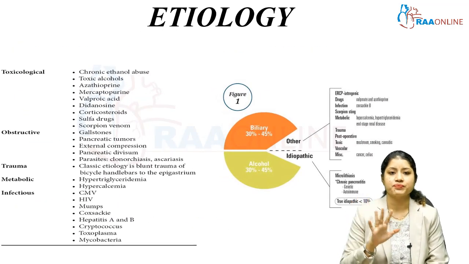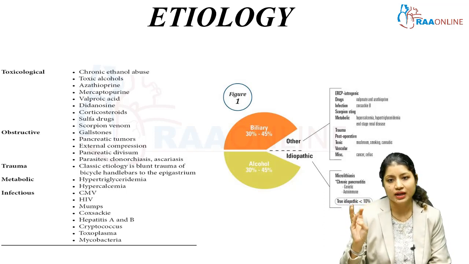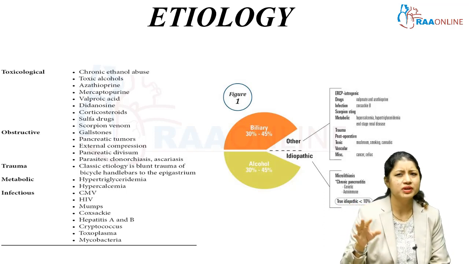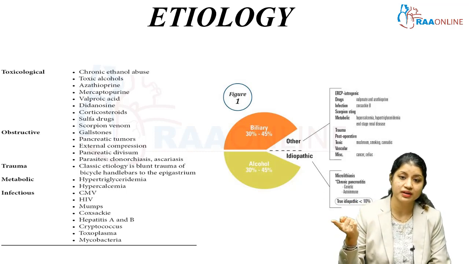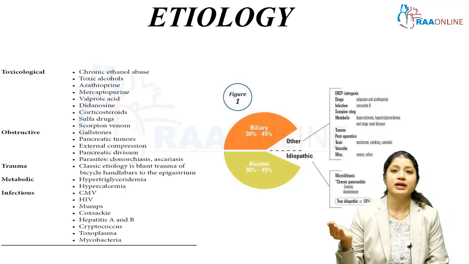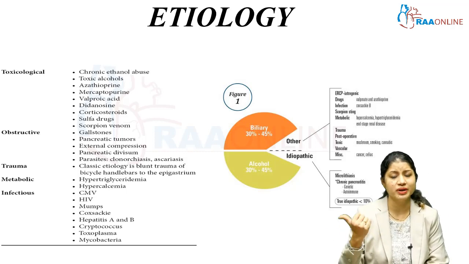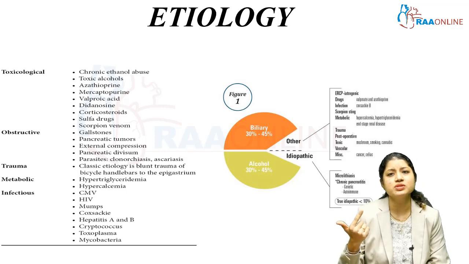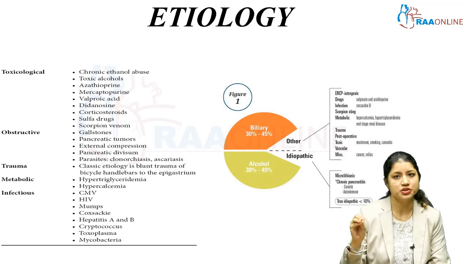So etiology. You all must be very clearly knowing the etiology. 2 main important etiologies: gallstone pancreatitis and alcoholic pancreatitis. Both of them are more or less equal. Some believe that in the west it is more of alcoholic pancreatitis followed by gallstone, and in the east it is more of gallstone pancreatitis followed by alcohol. But almost 30 to 40% of the times we do not have an etiology and we term it as idiopathic